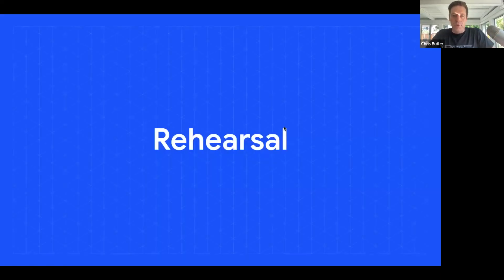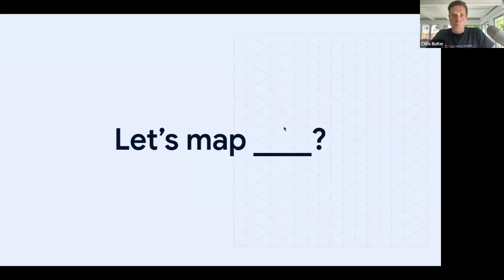So when we talk about the rehearsal, what I would like to do now is give an offer to everybody. I have an idea for what I would like to map today, but I think it will depend on people's familiarity. So what I was going to suggest was that we map ChatGPT from the standpoint of OpenAI. Now, I think that you can get highly technical with this when it comes to the components underneath this, the GPT and the way that models are trained and everything. I don't think you need to necessarily go that far, but I'd love to hear if there's any other ideas.